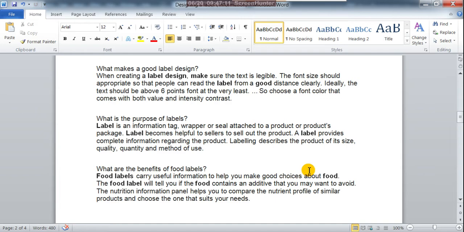The food label will tell you if the food contains an additive that you may want to avoid. The nutrition information panel helps you compare the nutrient profile of similar products and choose the one that suits your needs.